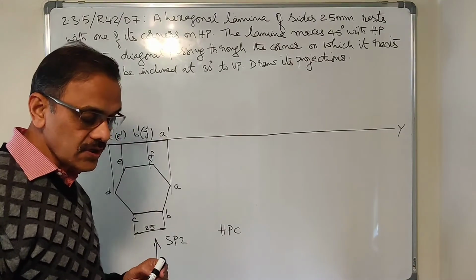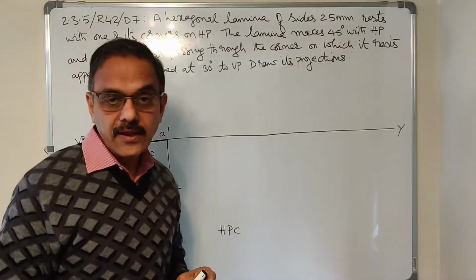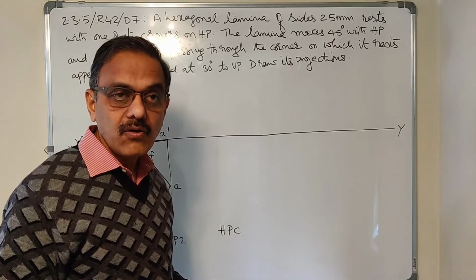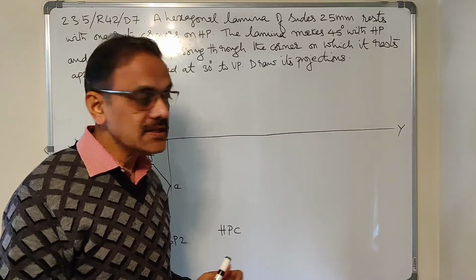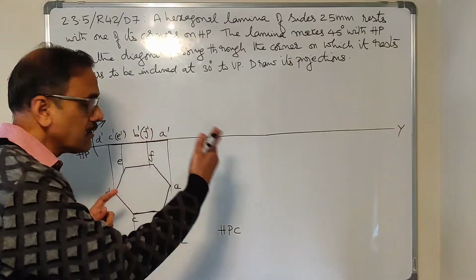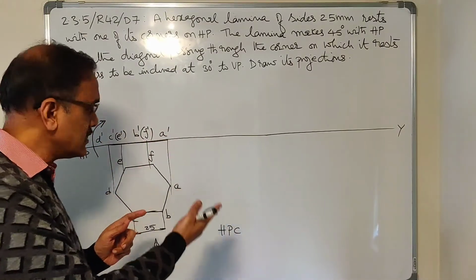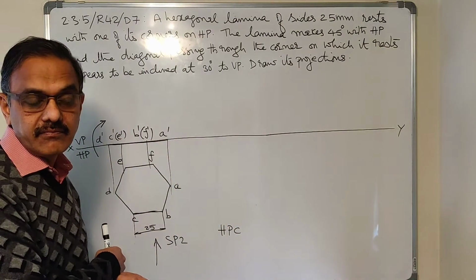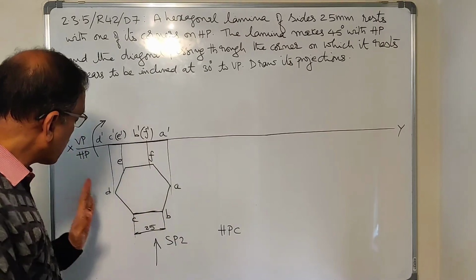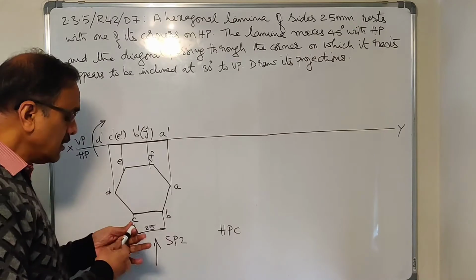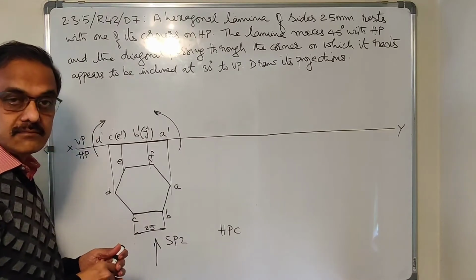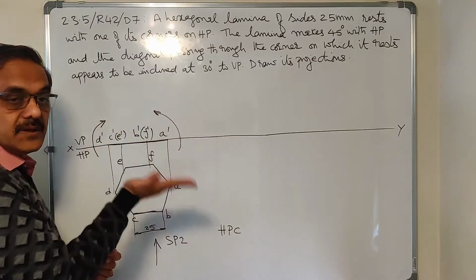Here one point I would like to mention, if you refer to VTU question bank, there also all the problems are solved. There, this is how it is done there. There is slight difference between this and what is done in VTU question bank. Instead of taking the corner on the right side, in the VTU primer, it is taken on the left side. You can take in any way. But when you are rotating, you have to be careful. So if you are concentrating on the corner D here, then you will have to rotate the lamina in this direction, so that D will be on HP and the surface will be inclined to HP.